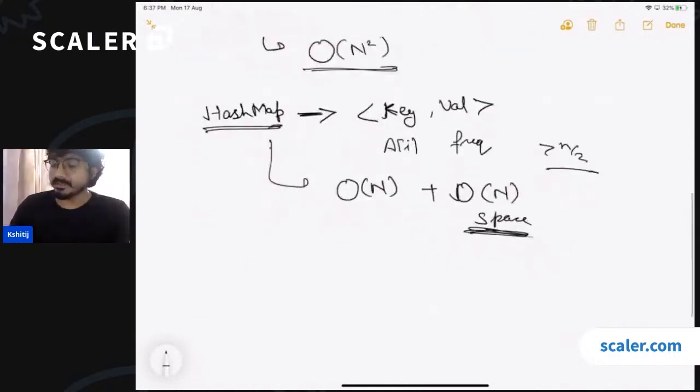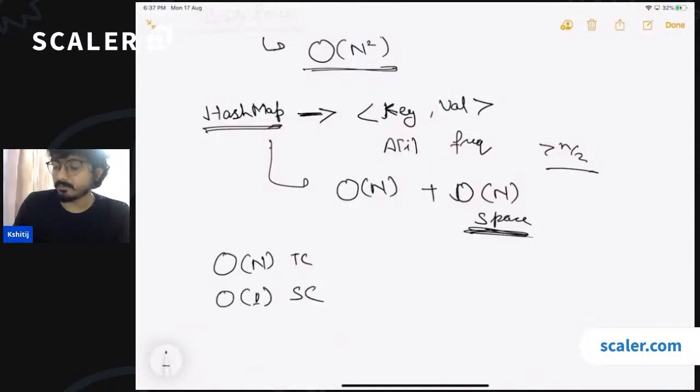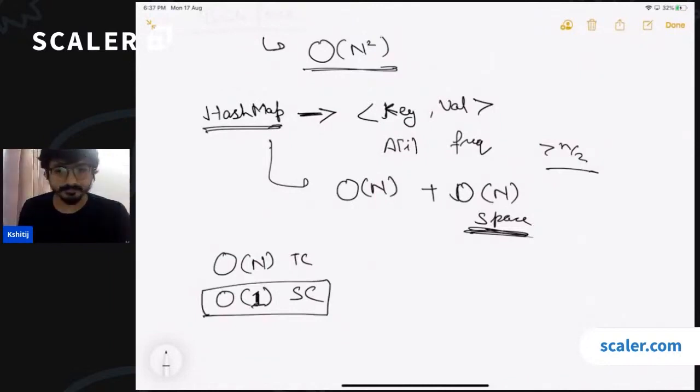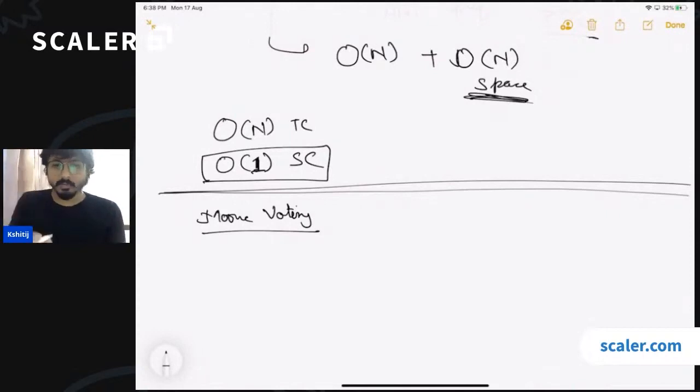Now, the question here is that we have to solve this problem in order n time complexity without using any extra space. So we have to solve this problem in constant space complexity. Okay, so most of you are saying that now you will apply Moore's voting algorithm, which is absolutely correct. Okay, we have one more approach. The other approach says that